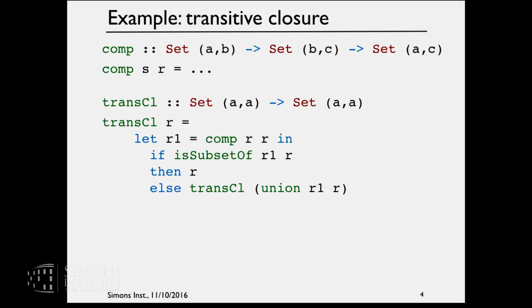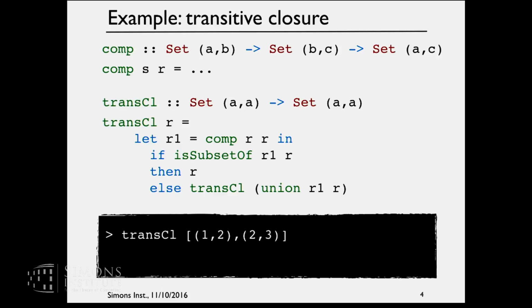Don't you usually start with the identity relation? Sorry? Don't you usually start with R1 being the identity? Yeah, so this is not the transitive and reflexive closure. This is just a transitive closure. If you want to compute the transitive and reflexive closure, this gets slightly different. And then if I write down a relation of this kind, the transitive closure, well, it returns finiteness.